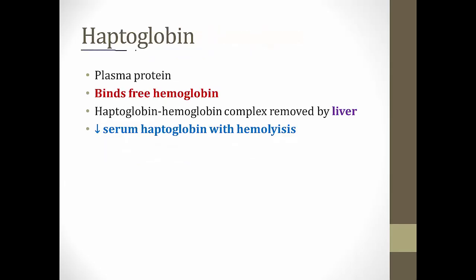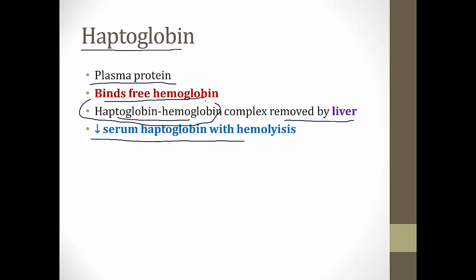Now let's talk about haptoglobin, which is a plasma protein, and you can measure the level of haptoglobin in the serum, and it's useful in the workup and diagnosis of certain hemolytic anemias. Haptoglobin's job is to bind free hemoglobin, and then the haptoglobin-hemoglobin complex will be removed by the liver. So the level of free serum haptoglobin will fall when there's hemolysis, and haptoglobin starts binding up all that free